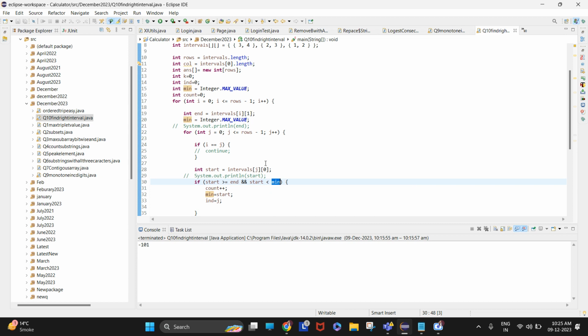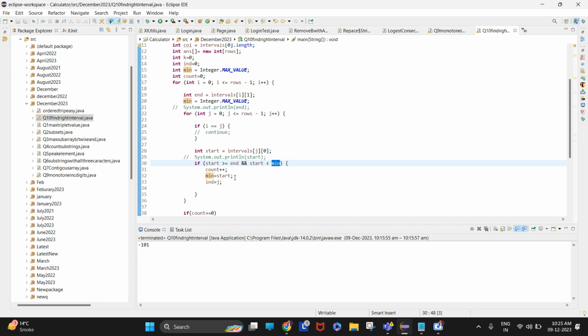Of course, the first element will be less than the max value. That is, it is some large value. The integer max value is taken. You can see that it is 2147483647, and then start equal to